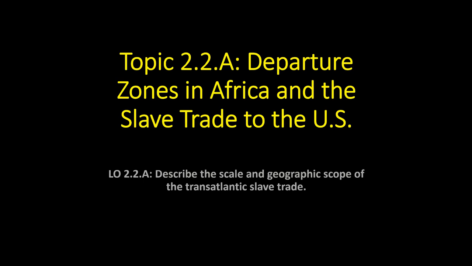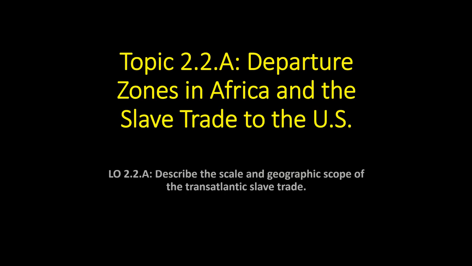And in our next lesson, we'll look more closely at the departure zones, meaning where in Africa enslaved people were taken from. But for today, we're going to establish the scale of the slave trade, meaning how big it was and how many people it affected. So there are a lot of numbers, charts, graphs, and so on in this lesson. And we'll be looking at some maps as well as we try to describe the geographic scope of where enslaved